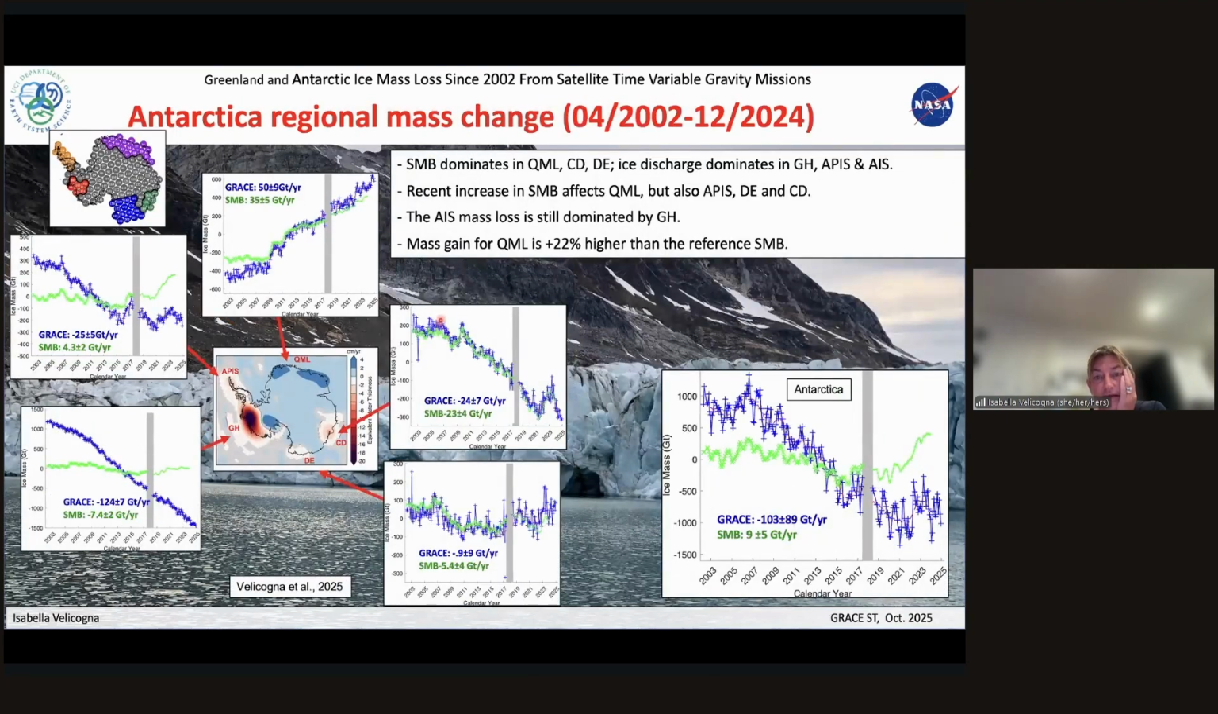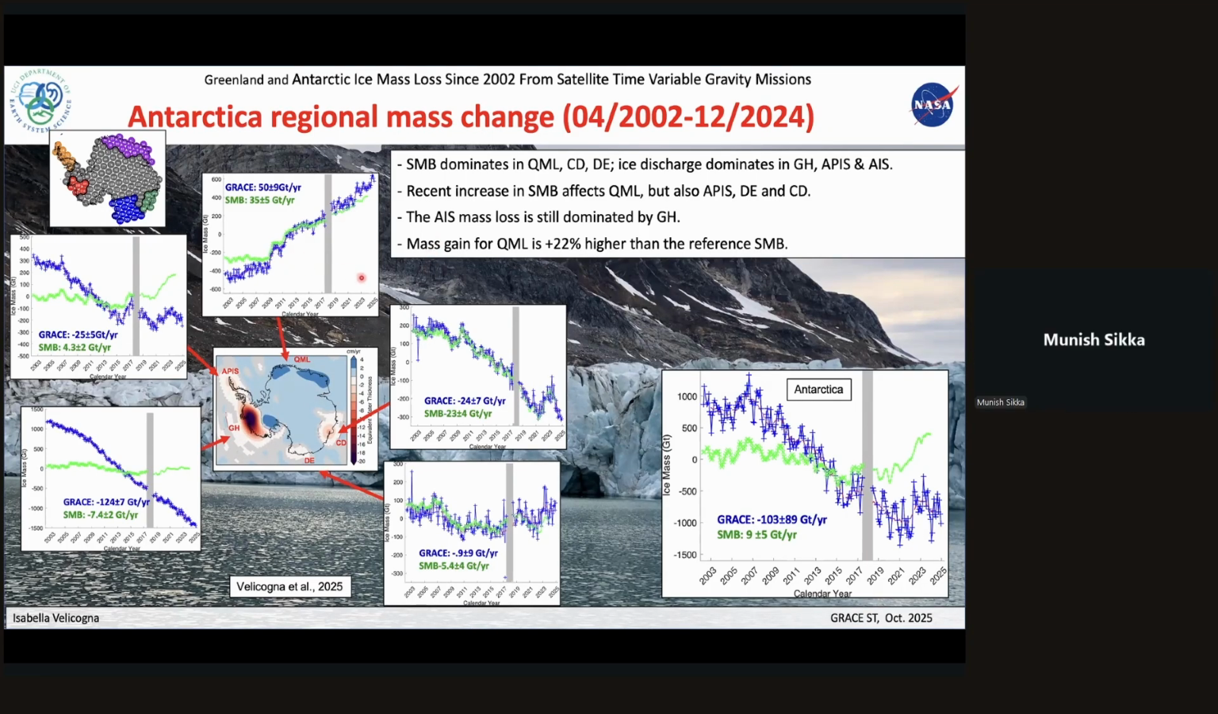If we move to Antarctica, here, SMB dominates the signal in Queen Maud Land and also in CD, the area of Totten, Moscow, and in the area of Cook, so the basin DE. And ice discharge dominates the Amundsen Sea sector, here the peninsula, and also the Antarctic overall mass loss. Overall, the mass loss is dominated by what is going on in the Amundsen Sea sector, and we find the Queen Maud Land